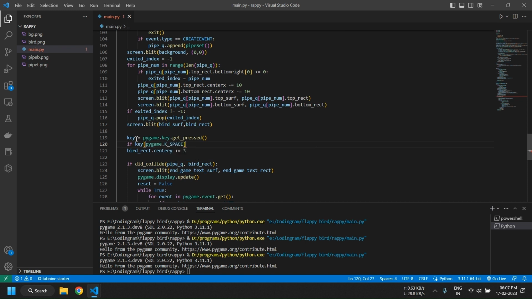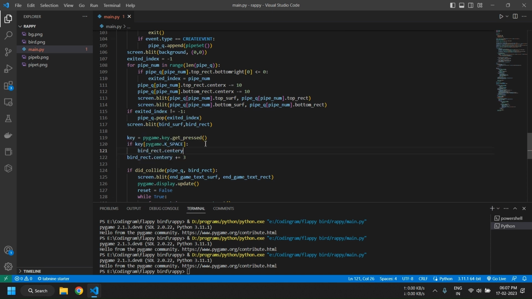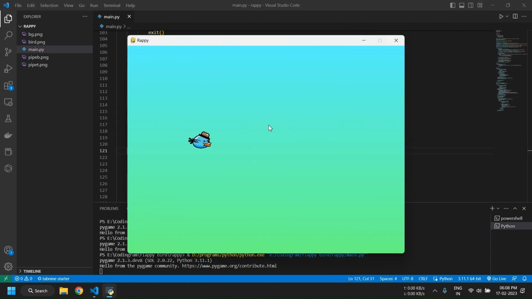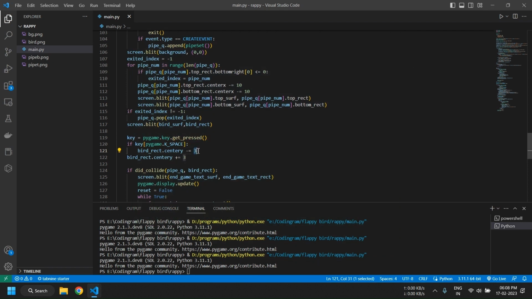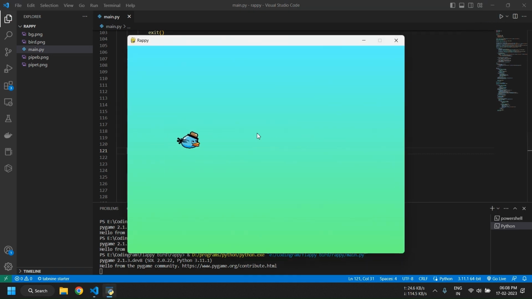pygame.K_SPACE, then we want to increase the y coordinate or rather decrease the y coordinate for the bird to go up. So we say that bird rect center y minus equals, let's try with 3. Now the bird goes down, but I'm pressing space, but it's still way fast. So I need to increase it a little bit more, let's say 7. Now if I press space, you can see here a game technically works,